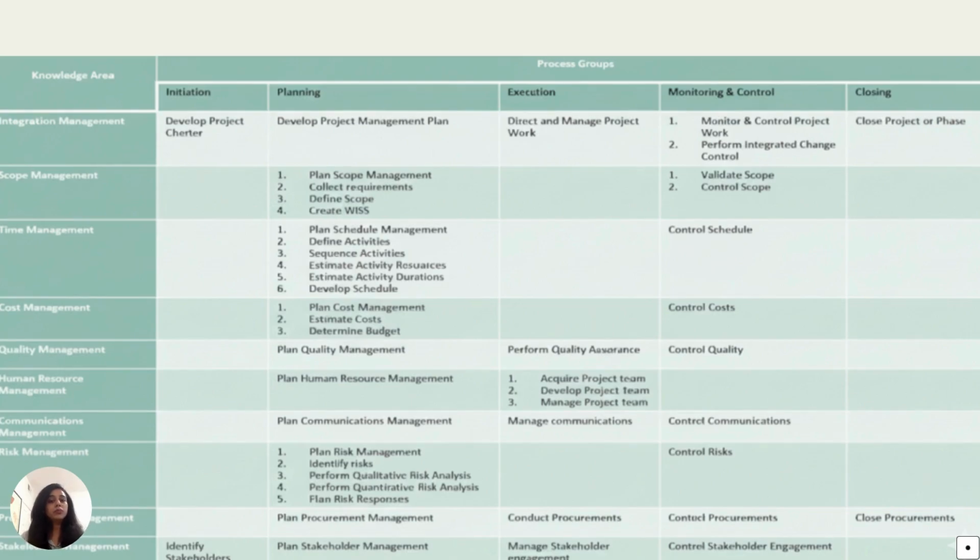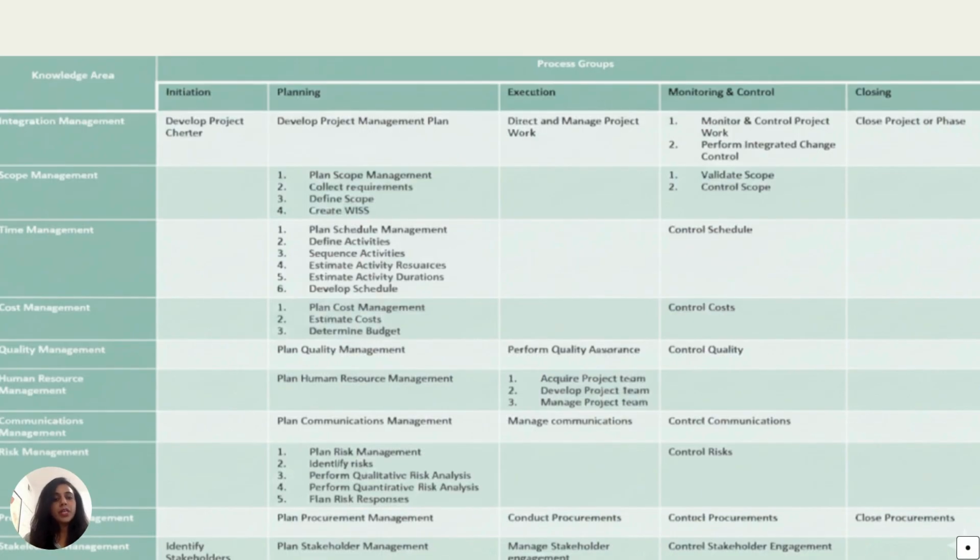So, as other management plans, we have schedule management plan first of all. Again, just to give you a brief, what is schedule management plan or any management plan? It includes the how of any of the management plans, if it is subsidiary or project management plan. Any management plan includes the how of that knowledge area, right? So here, schedule management plan is a document where you describe everything about how you're going to manage the schedule